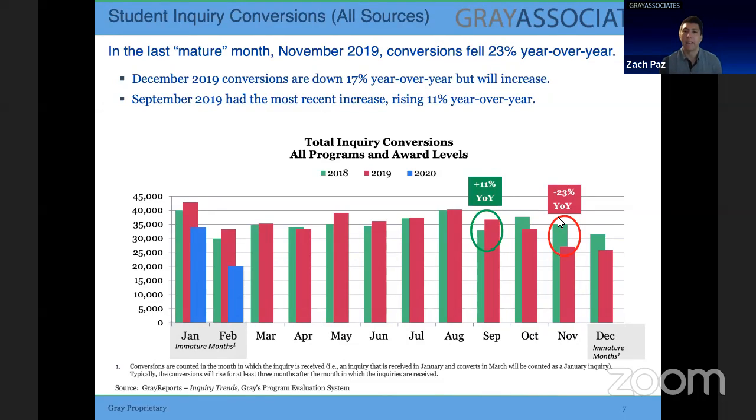So when we're looking at November, which is typically what we see as a mature month, there's actually been a decline of 23% in conversions. But this will most likely increase, as we've been seeing the time for an inquiry to mature actually increase. For example, in September, one of the largest increases over the last 3 years, it grew 11%. So we're expecting to see October, November, and December still produce more conversions, and therefore you'll see a higher rate there.